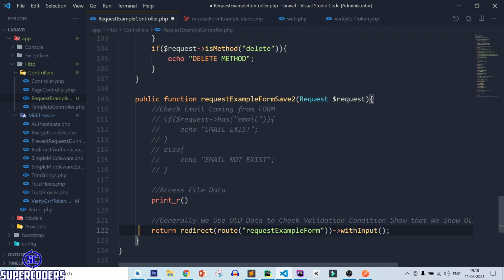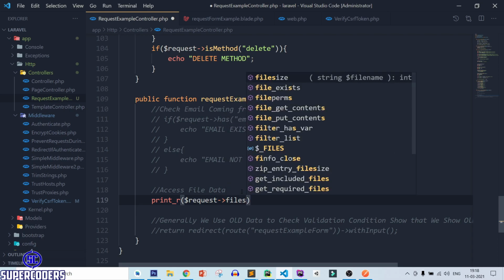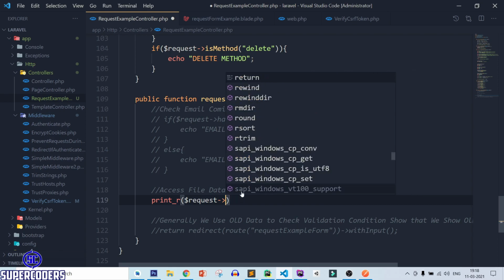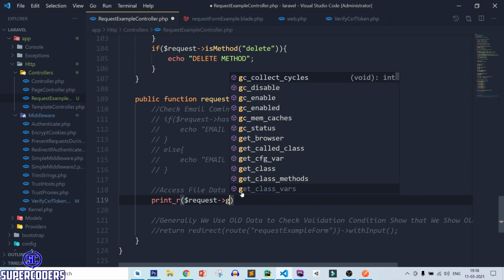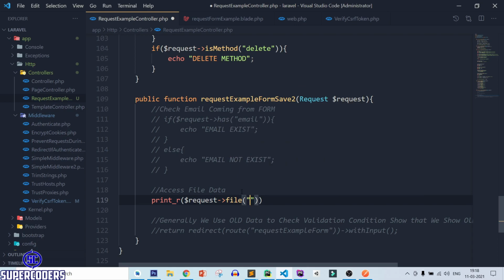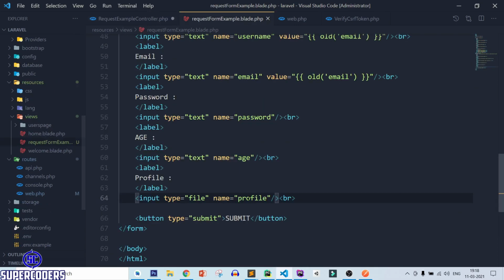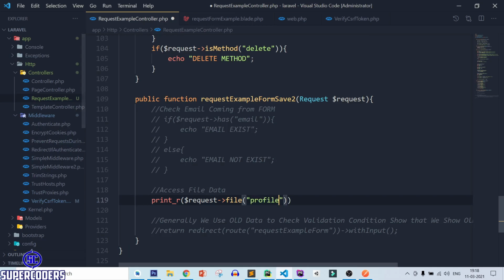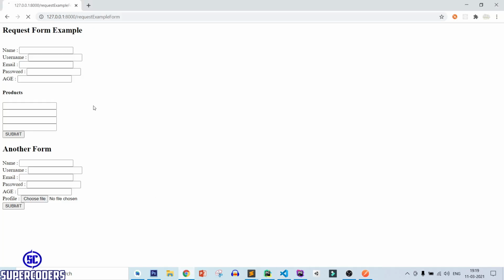Let's comment this line, print_r, then $request, then file, $request->file, then pass the key name. Our key name is profile. Save it.